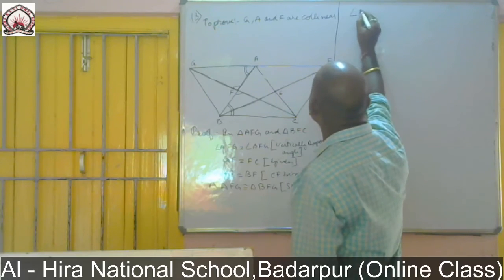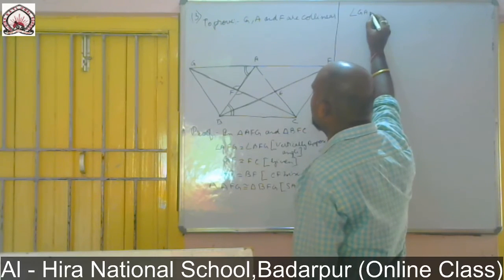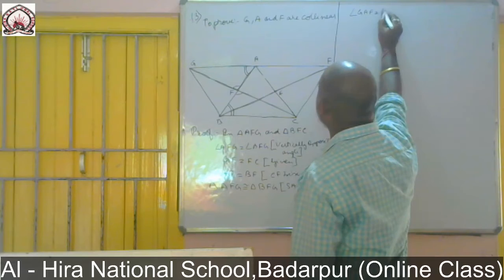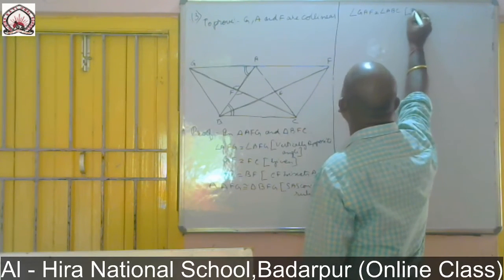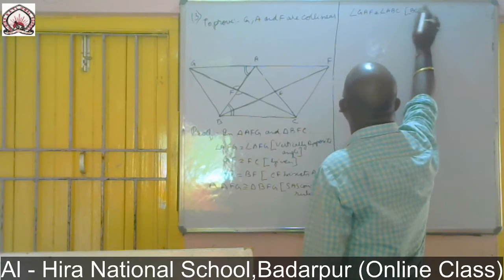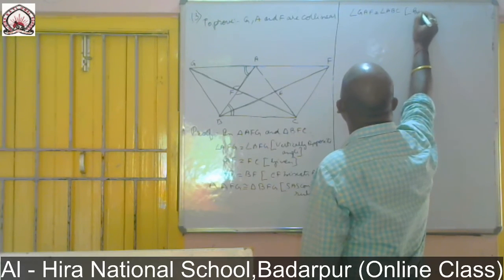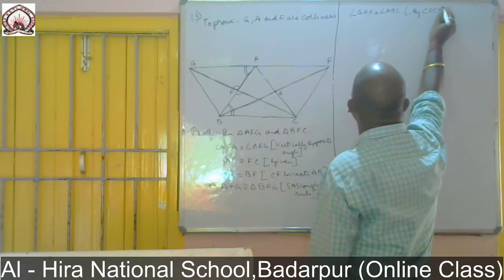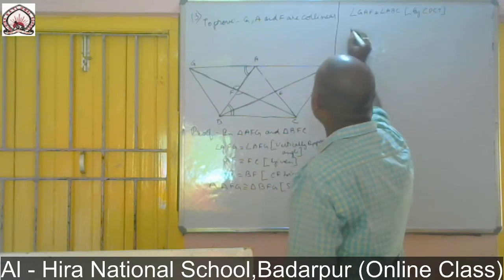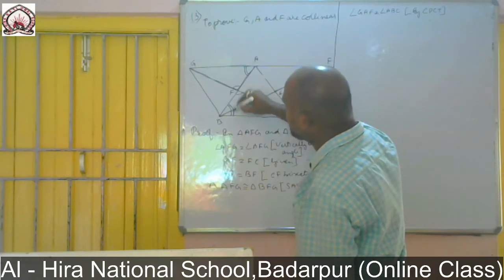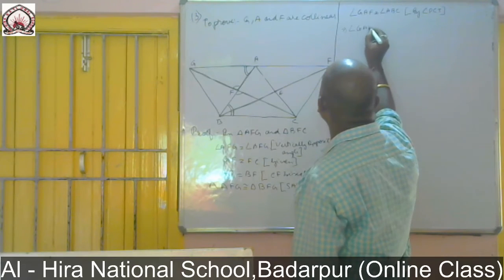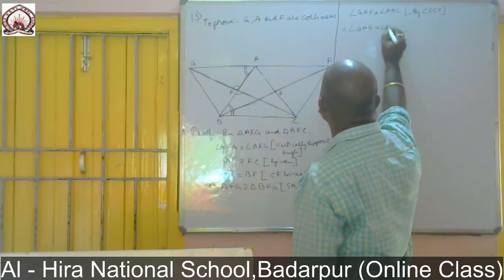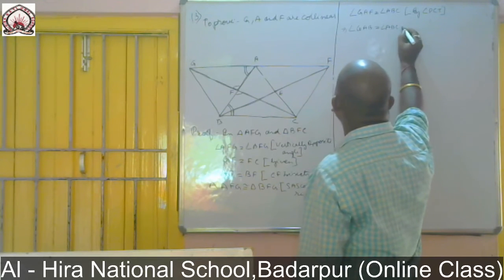So angle GAF is equal to angle ABC by CPCT rule. So this angle is equal to this angle, so it implies angle GAB is equal to angle ABC,